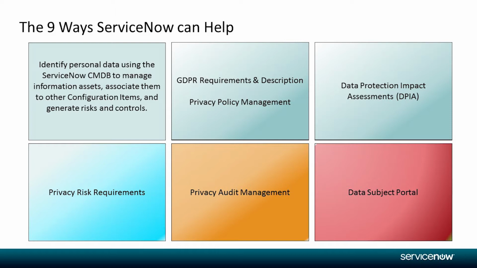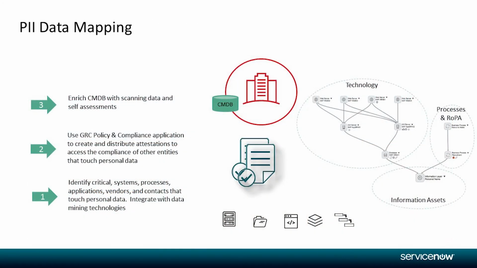You have typically two ways to identify personal identifiable information. The first one is scanning through databases and structured data, and ServiceNow doesn't do this out of the box. Something else is the capability to ask the business owners and the system owners if they know that personal information assets are actually processed in their systems. To do that, we typically will use our GRC solution to show how to ask this kind of question